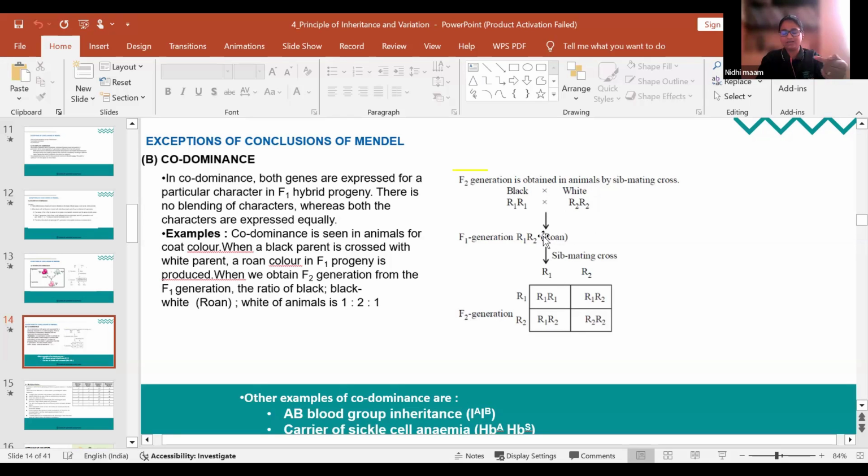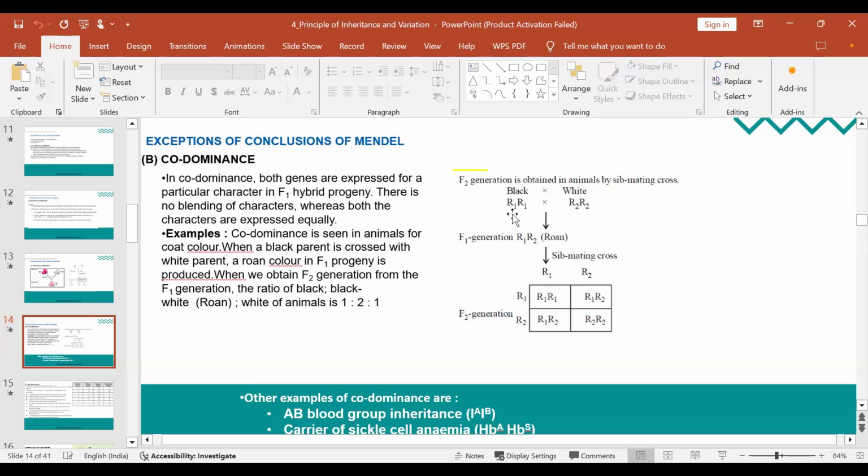ಬಿಕಾಸ್ ಇನ್ the previous example ನಾವು ರೆಡ್ ಫ್ಲವರ್ ಮತ್ತೆ ಪಿಂಕ್ ಫ್ಲವರಿಗೆ R ಅಂತ ಯೂಸ್ ಮಾಡಿದ್ವಿ ಅಲ್ವಾ? ಸೊ ಮತ್ತೆ ಅದು ಇಲ್ಲಿ ಕನ್ಫ್ಯೂಸ್ ಆಗ್ಬಾರ್ದು ಅಂತ we used this. Otherwise you can use BB, capital letter B for black, small letter b for white. ಎರಡು ಸೇಮ್ ಆಗಿರ್ಬೇಕು. ಇಲ್ಲಿ ಬ್ಲಾಕ್ ಗೆ ನೀವು B ಯೂಸ್ ಮಾಡಿ, ವೈಟ್ ಗೆ W ಯೂಸ್ ಮಾಡಿದ್ರೆ ನೀವು ಅದನ್ನ ಕ್ರಾಸ್ ಮಾಡ್ತಾ ಹೋಗಿ, you will only get the confusion. ಅದಕ್ಕೆ ಆ ರೀತಿ ನಮಗೆ ಸಿಂಪಲ್ ಆಗೋ ರೀತಿ we will be designing it.